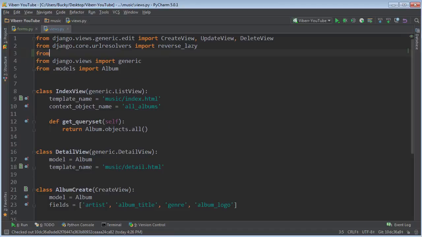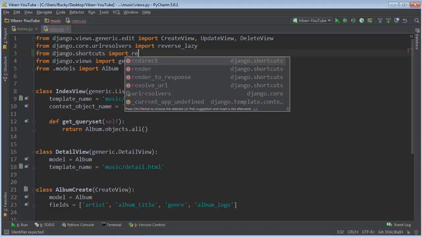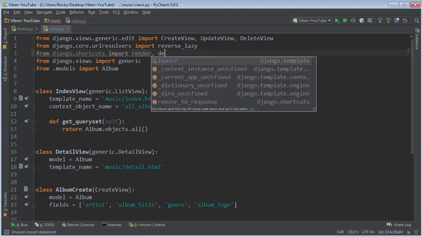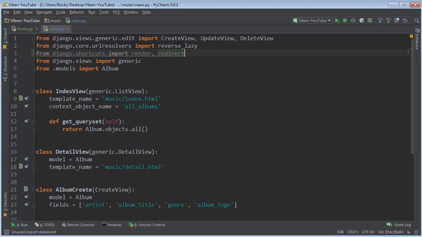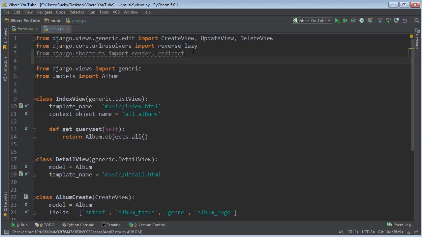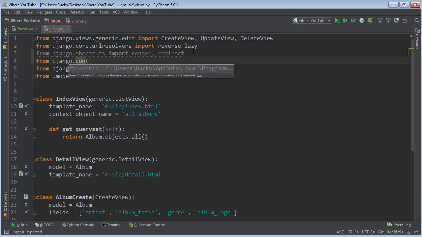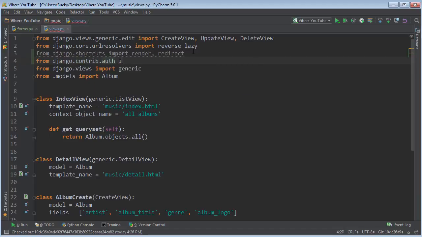So we need to import a bunch of stuff. So from django dot shortcuts, we want to import render and also redirect. So this redirect module is going to redirect them to whatever page you want after they log in. And I also want to say from django dot contrib dot auth import